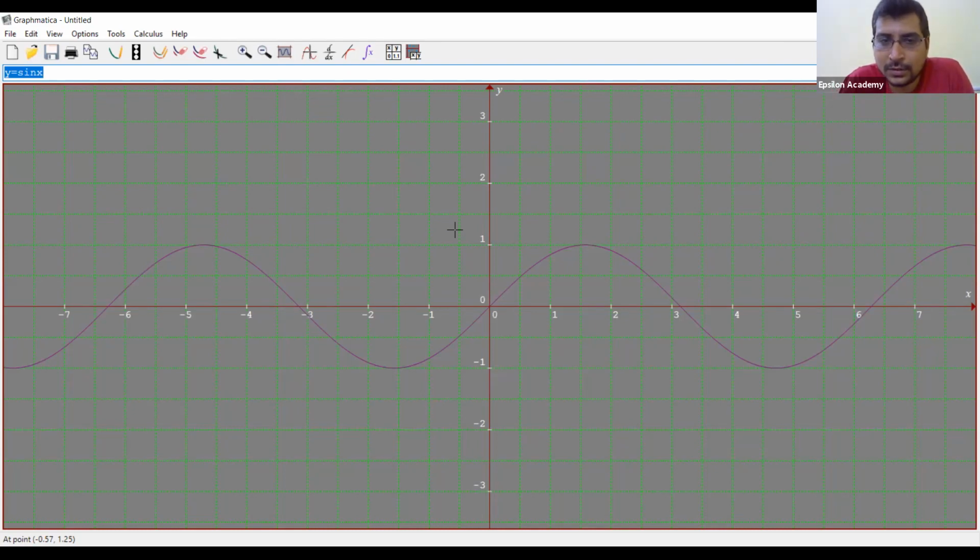No, sir. There are other values which give the same output. Values will repeat, sir. See, sin x has reached 1 here for the first time, and here also it has reached 1. When I keep the cursor at 1, you're able to see that there is a horizontal line which is having 1 at 2 different points. So x is equal to pi by 2 is giving me a 1, and x is equal to minus of something is also giving me a 1. Similarly, I will get minus 1 and minus 1. Intermediate values also exist. So it is not a one-to-one function.